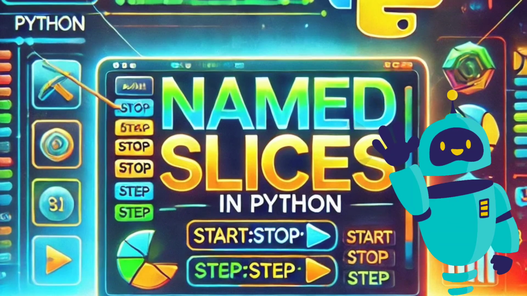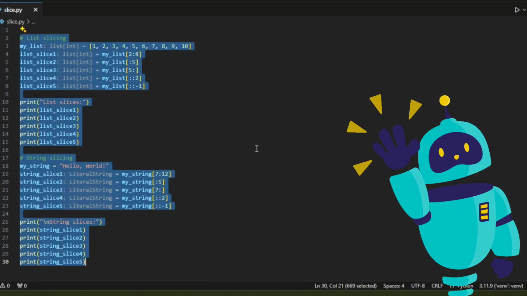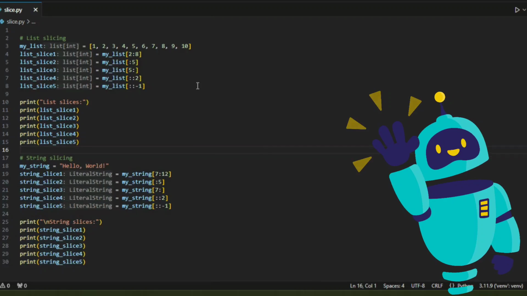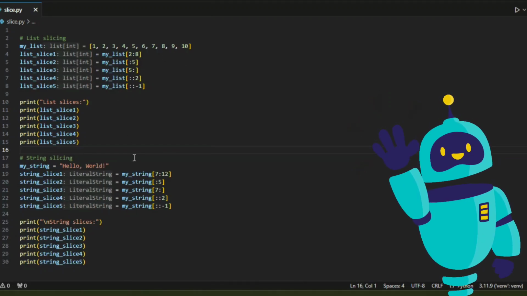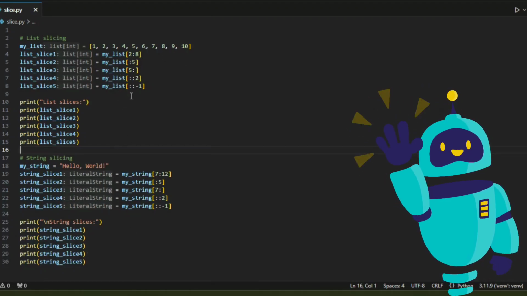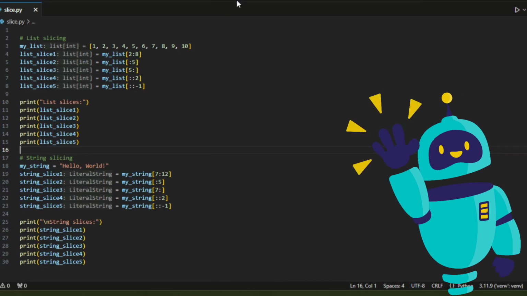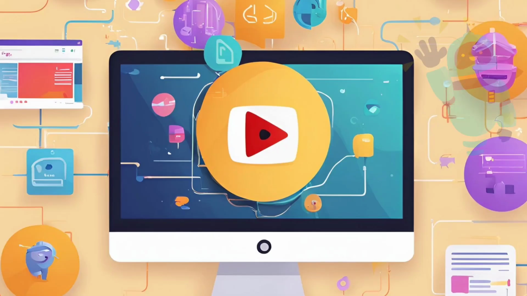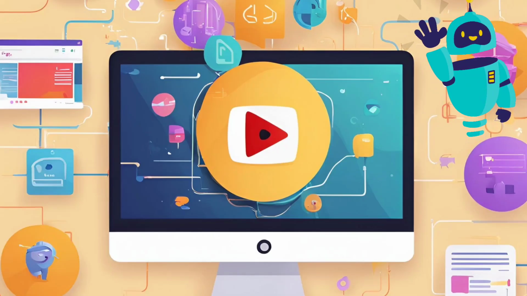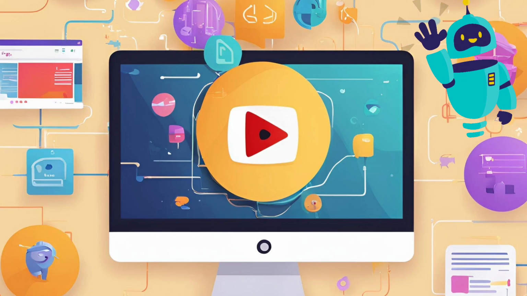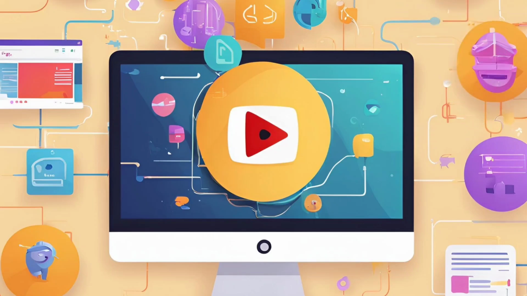Hey, Python enthusiasts! Have you ever looked at a piece of your code and thought, there has to be a cleaner way to handle all these slices? Today, I'll introduce you to named slices, a simple trick that makes your code more readable, reusable, and easier to maintain. Stick around for real-world examples, common pitfalls, and even some advanced tips to take your Python skills to the